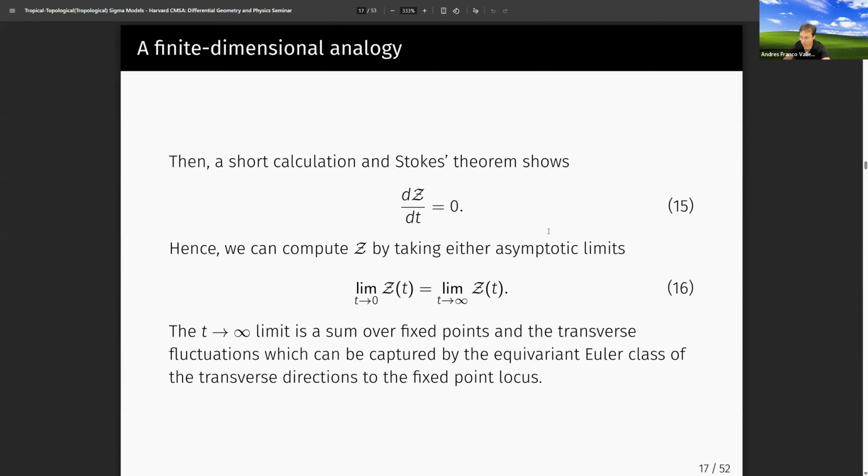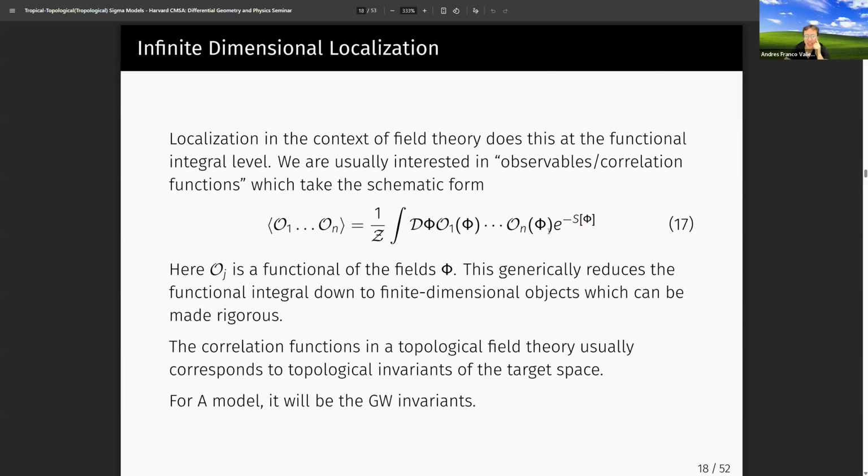So you can make this completely rigorous. You can go through all those arguments. What we're going to do is take this as granted and try to apply it to the functional integral. That's going to reduce the infinite dimensional functional integral into a finite dimensional one. What physicists mean by infinite dimensional localization, or in the literature, supersymmetric localization, is this: